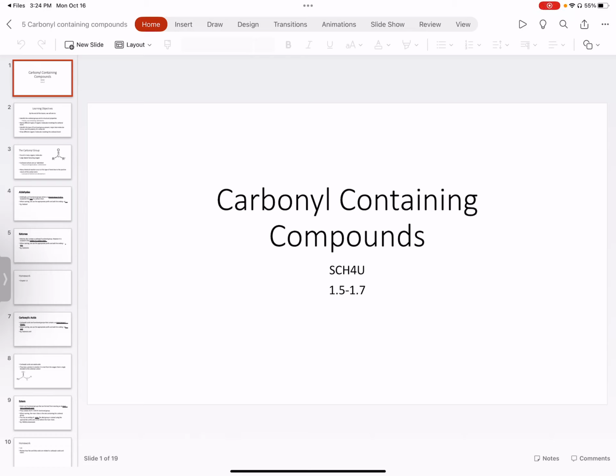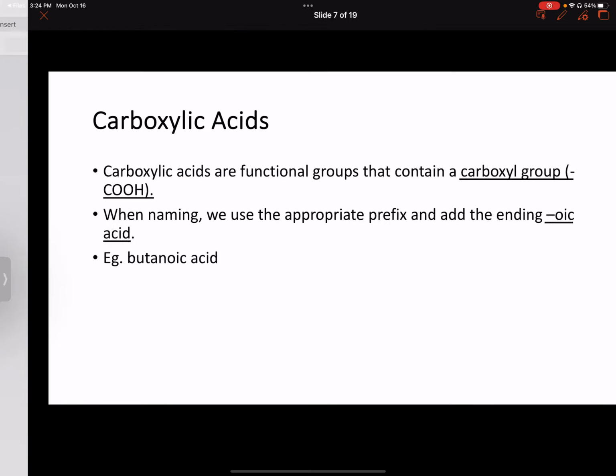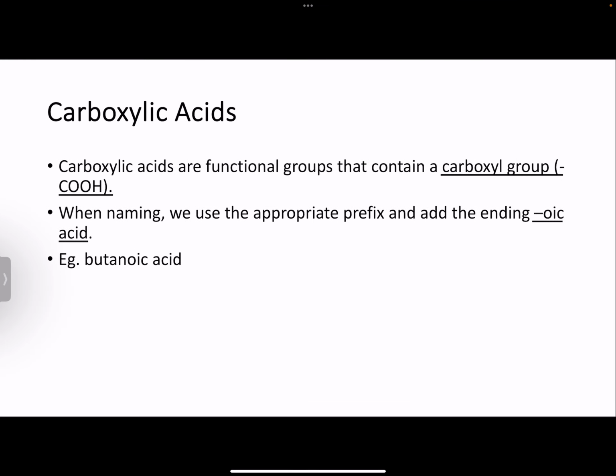Hi there, and welcome to part 2 of the carbonyl functional group lesson. In the previous part A, you would have gone over aldehydes and ketones. Here we're going to jump to carboxylic acids, another derivative of it. So again, as a reminder, we're looking at molecules that have the carbon double bonded to an oxygen within the